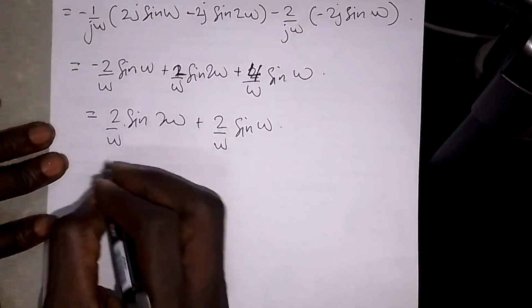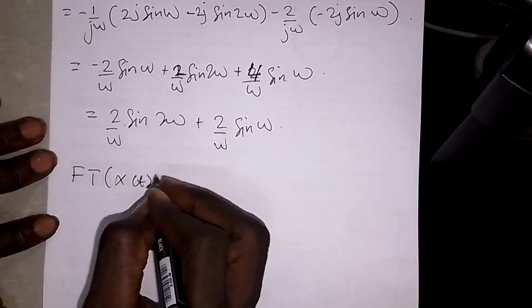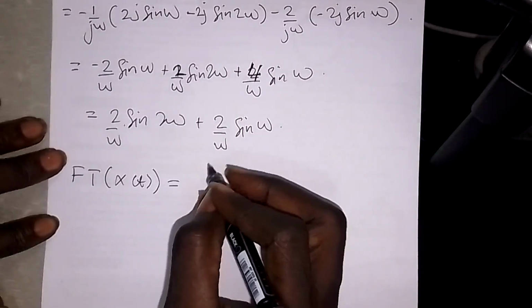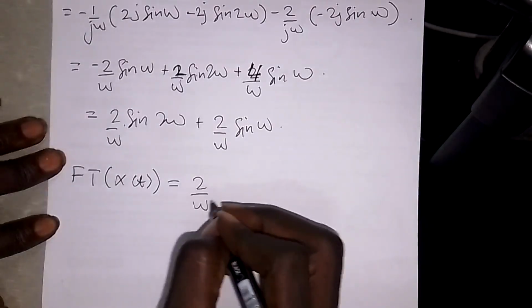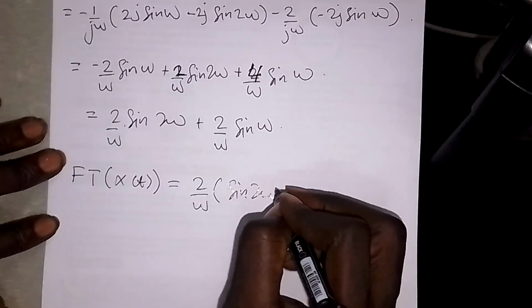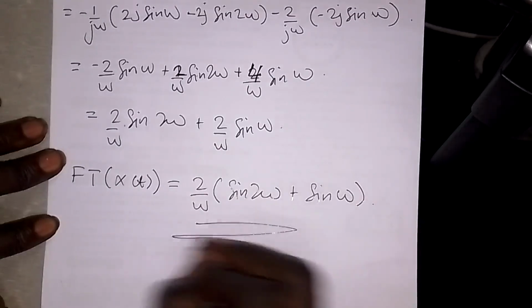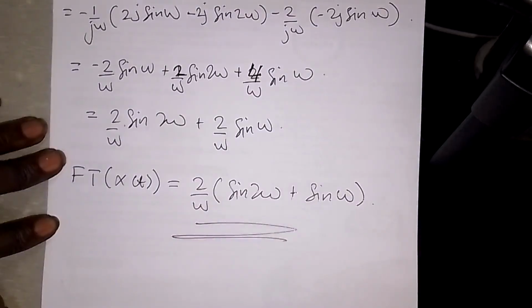So at the end, the Fourier transform of this particular term is going to be 2 on omega, sine 2 omega plus sine omega. This will be the end of this question. Thank you so much. See you in the next